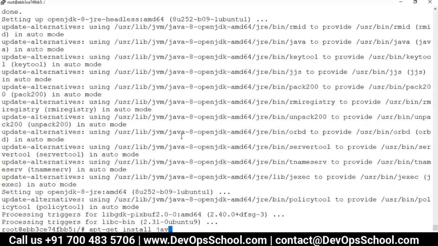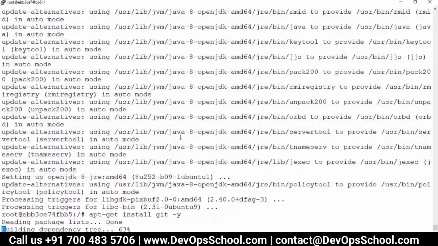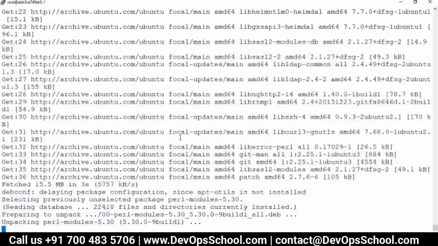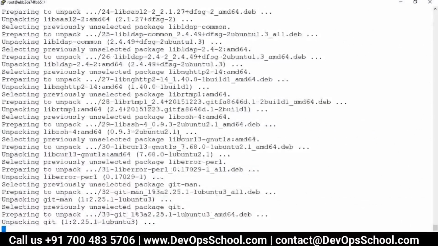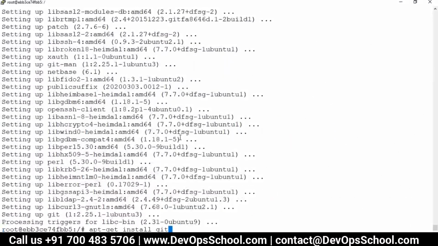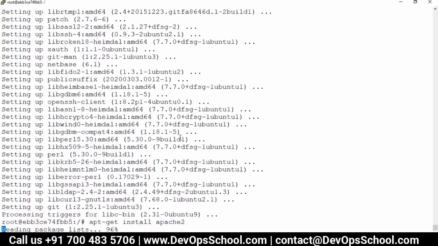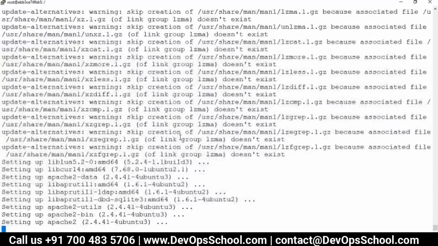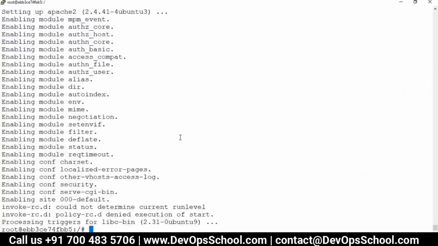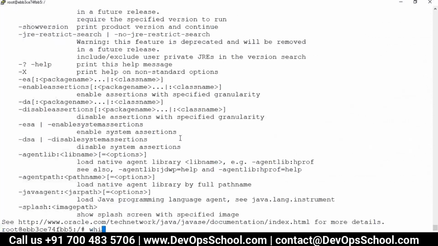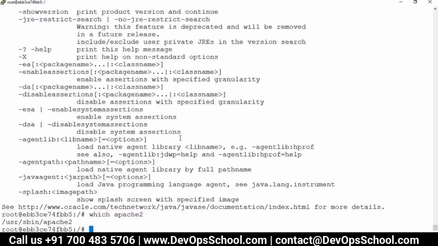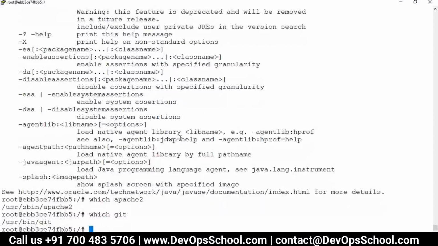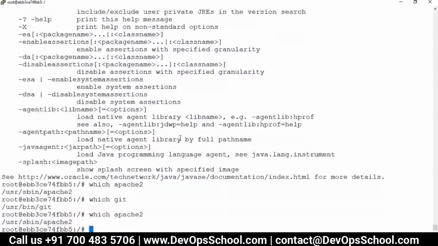I'm going to install Git also, with -y. I install Git also, JRE also, right? And Apache 2 also. So whatever you want to install, install it. Copy it. Set environment variables, whatever you want, manually. So guys, Java got installed, Apache 2 got installed, Git, everything got installed. See here. Now Ctrl+P, Q, safely come out of it.